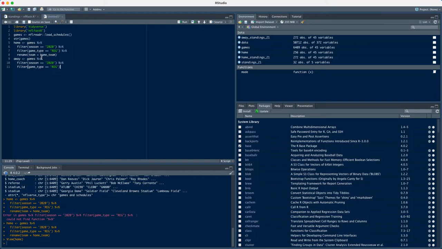We also want to rename the away team. Oops, I did that wrong again. We also want to rename the away team equal to team rather than away team, so that we can combine home and away team. And something also important is we want to mutate the result equal to the negative result,